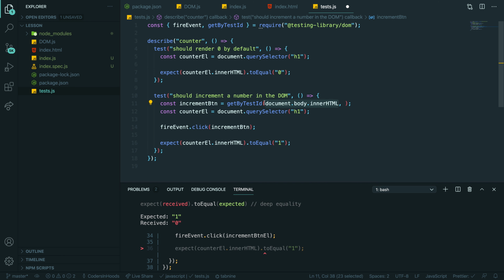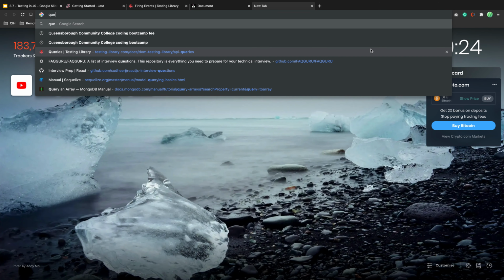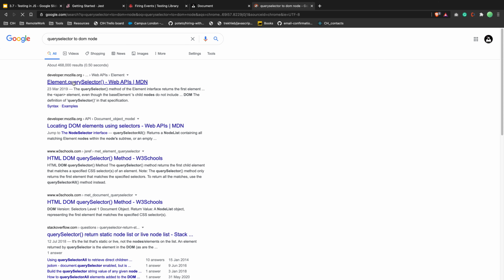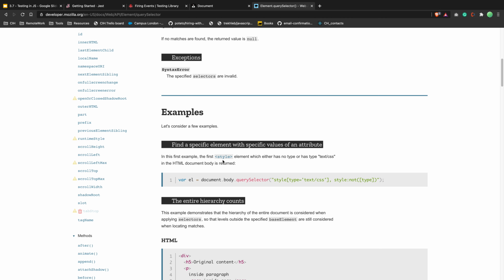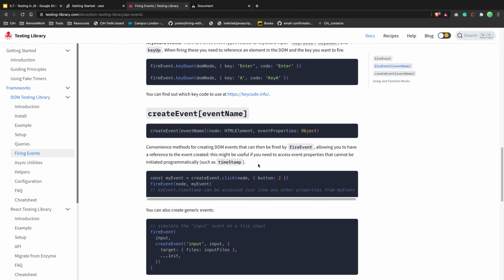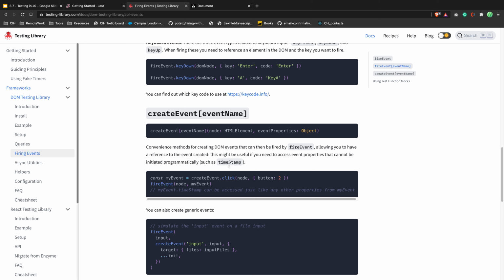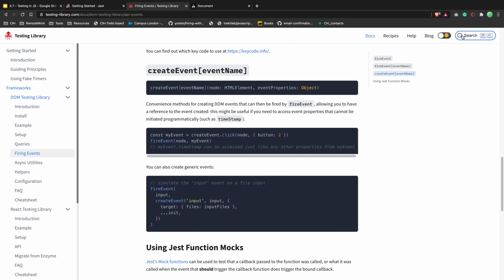It's looking for a DOM element. Let me just create query selector to DOM node. It should return the DOM node because you can do append, so it is a DOM node. So why is it complaining then? So get by, wait a second, let me test this one.